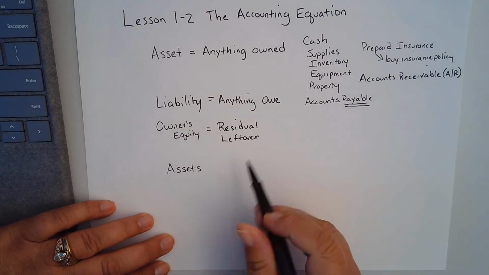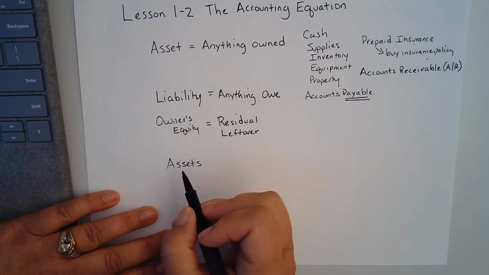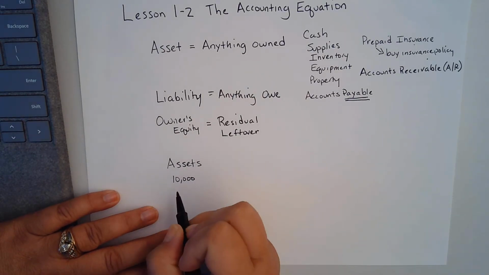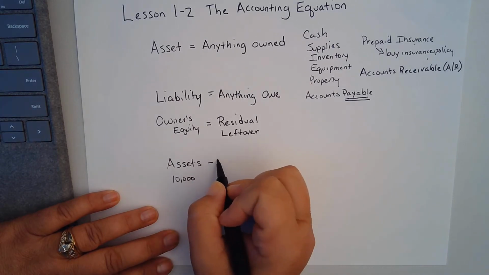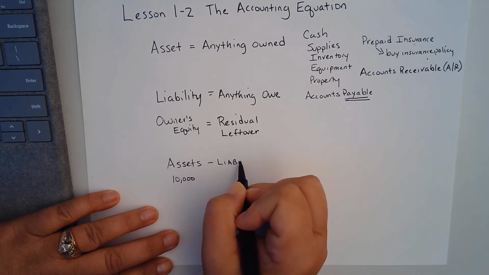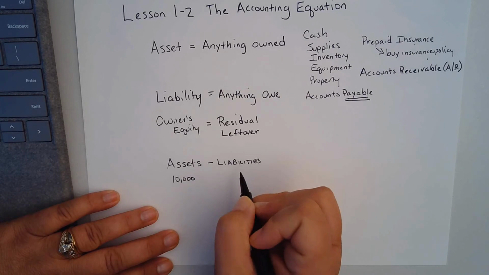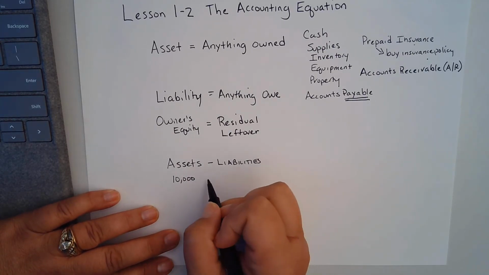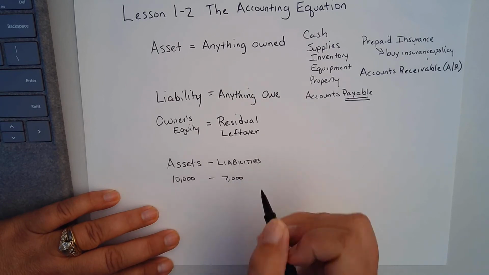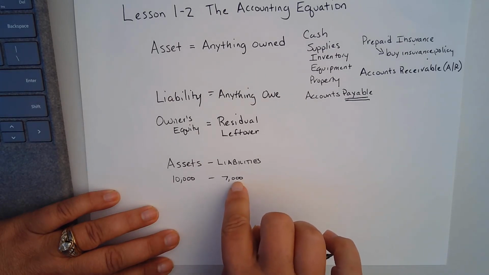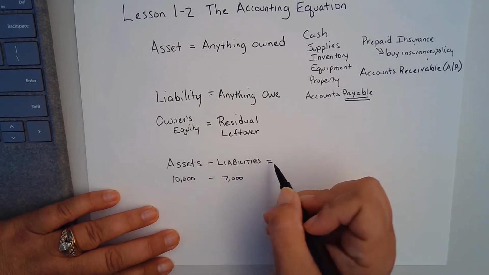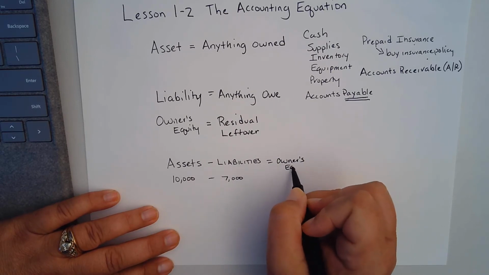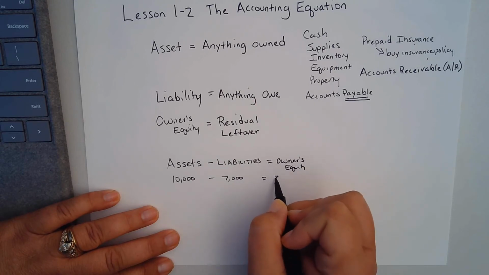I used this example in class: let's say you bought a car for $10,000. So that car is an asset worth $10,000. But you owe the bank, because you didn't have all $10,000 to pay cash. So you borrowed $7,000. So you have a liability to the bank for $7,000. So if I were to ask you how much equity do you actually have in that car, you have $3,000.